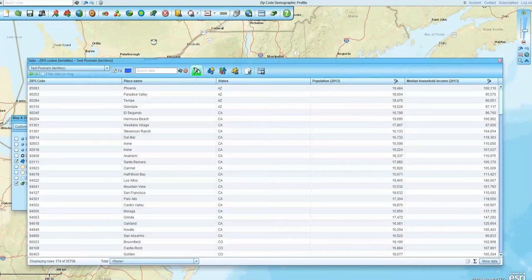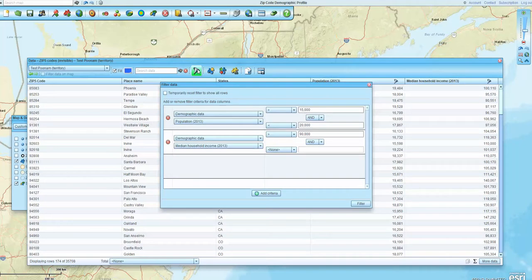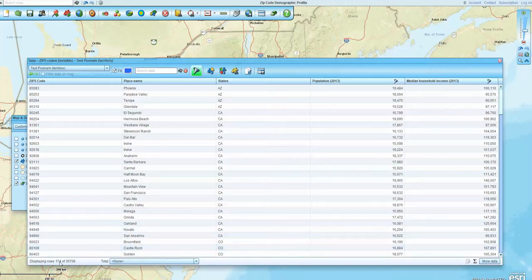That was done through filtering. So that's the filter button here. So in the demographic data, you pick population, and here the modifier, it's greater than 15,000 or less than 20,000. So there's a range. And then again with demographic data, we picked median household income and set it as a range of greater than $90,000 for median household. So with that filter enacted, clicking that filter button, the results were 174 zip codes of